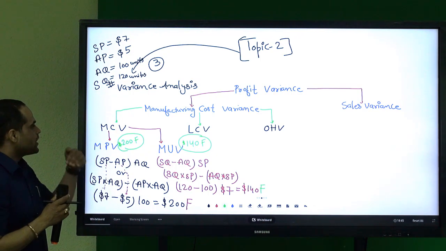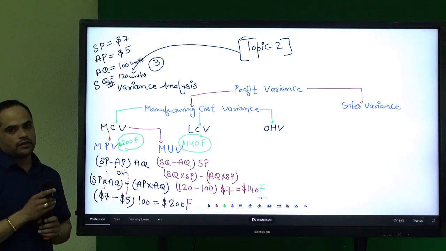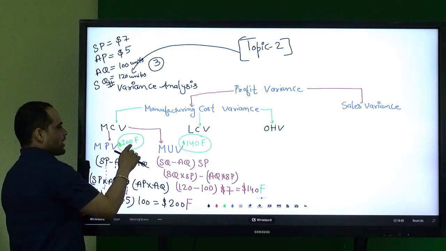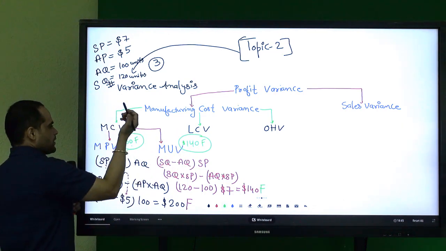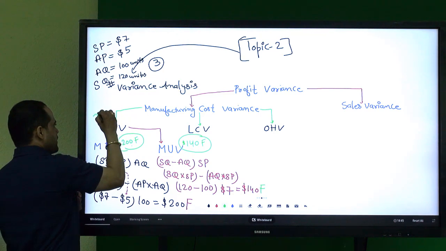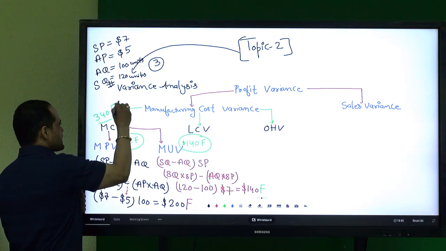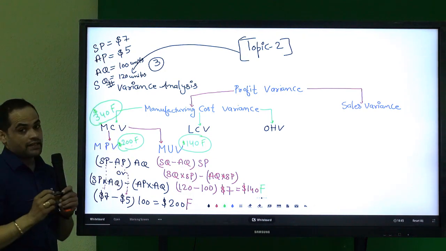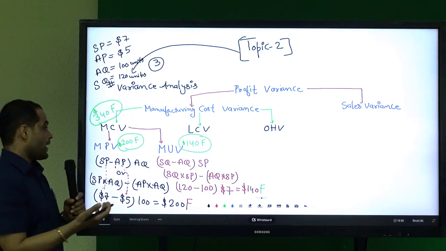Now the question is, what is the material cost variance? The material cost variance is 200 F plus 140 F, so 340 F is my material cost variance. Keep in your mind, for example,